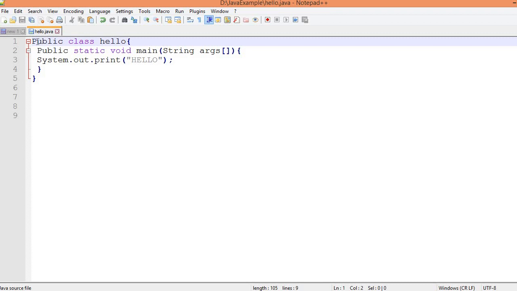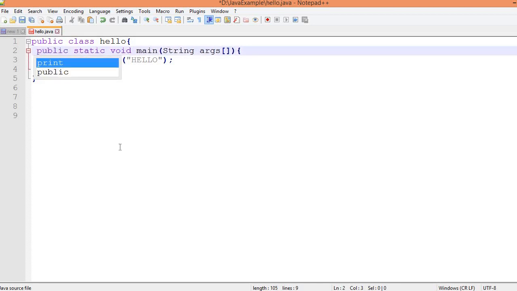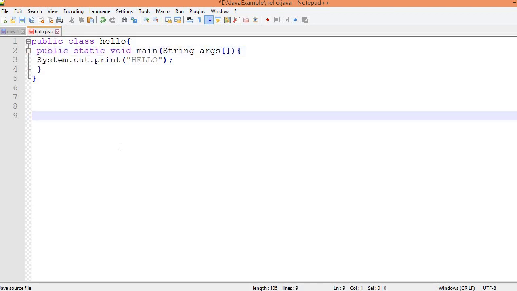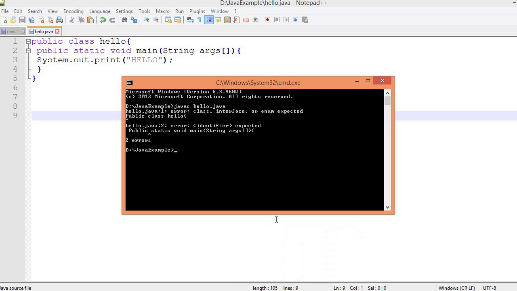Need to write it in small, then it changed into blue color. Again need to write it in small. It changed in blue color. Then Control S and again try to run the command.